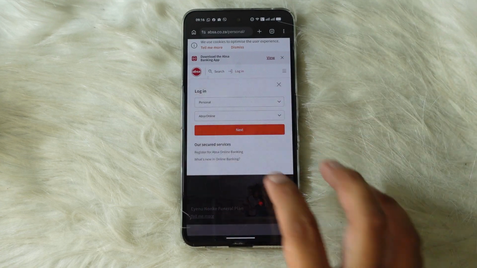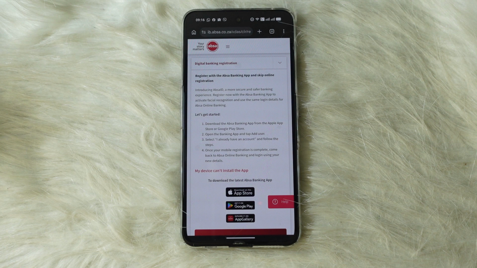If you have not registered for your account, you must head back over, tap on login one more time, and then here tap on register for Absa Online Bank. Scroll down. To register for the Absa Online Banking app, you will have to download the app from either the App Store or Google Play Store,